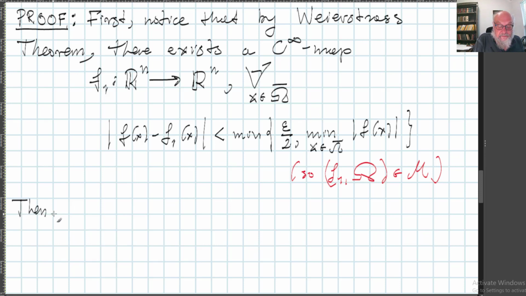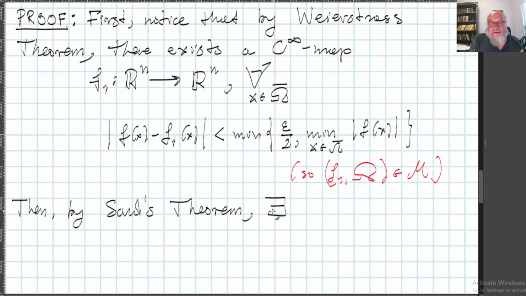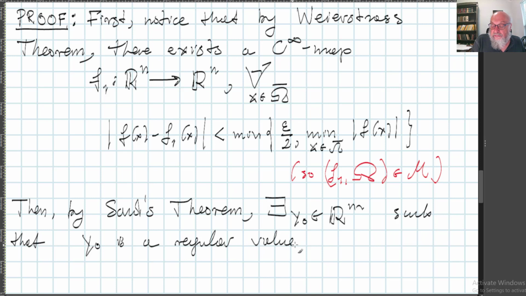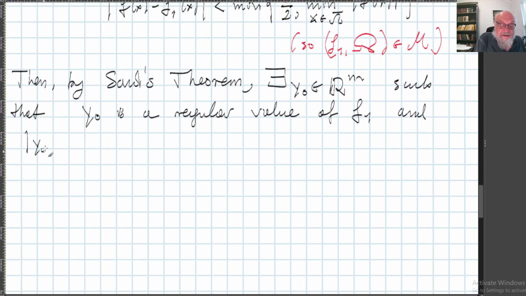By Sard's theorem, because the set of the regular values of F1 is dense and open, and dense is the property that we are using, there exists a Y naught belonging to Rm such that Y naught is a regular value of F1, and we also assume that the norm of Y naught is smaller than